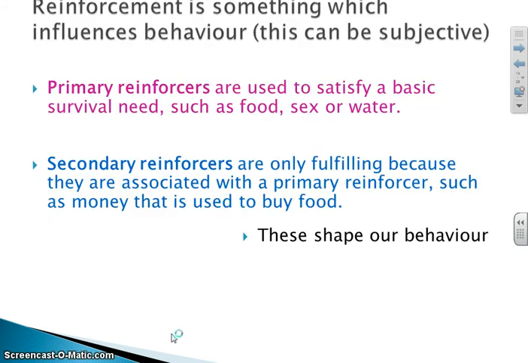And there are primary and secondary reinforcers. Primary reinforcers are things that satisfy our basic needs or fulfil our want for something. So food, sex, water, it can be other things as well. We will often talk about, and we will in talking about token economies, primary reinforcers being anything that we actually want.